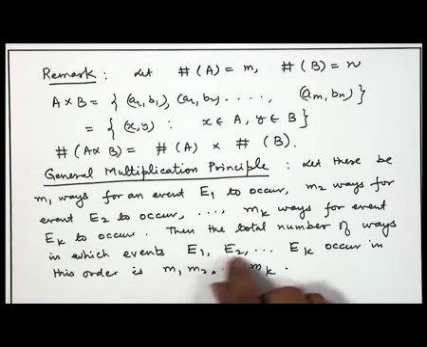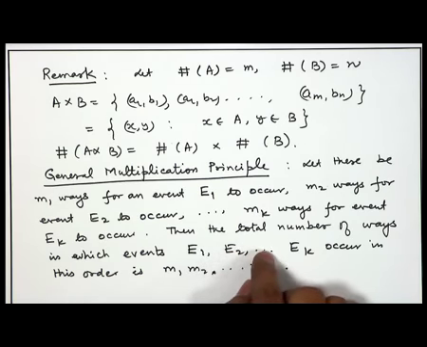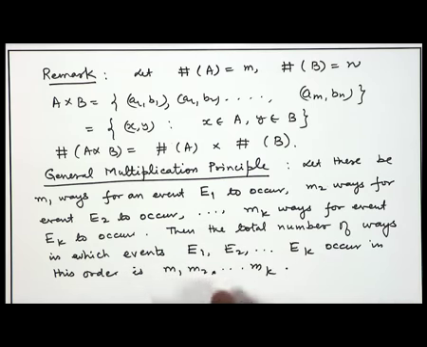Now, since multiplication is commutative, you will receive the same answer if I conduct the events in any other order. For example, I may firstly say E3 occurs and then maybe E7 occurs and then E1 occurs. So, in any other order, still the number of ways will be